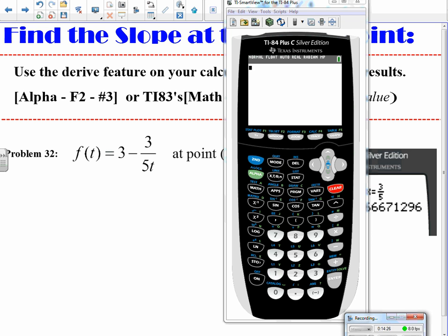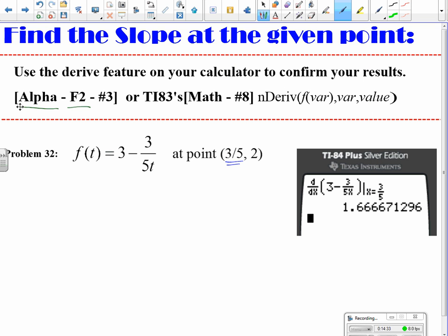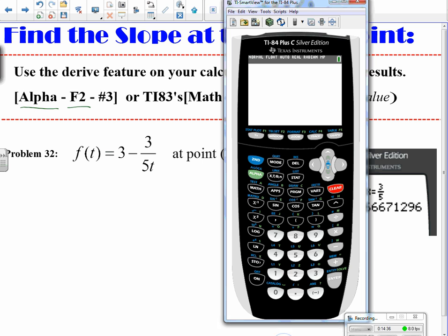Go ahead and find the derivative feature. On the 84s, go alpha F2, and it'll be number 3. Let me get this turned so it stays on the front. All right, so alpha F2 is one of the shortcuts to it. Option 3 is numeric derivative, and it should look like that when you get it up. I want d dx, so I'm doing it with respect to x, so grab your x variable. In the function area inside the parentheses, we're going to go 3 minus